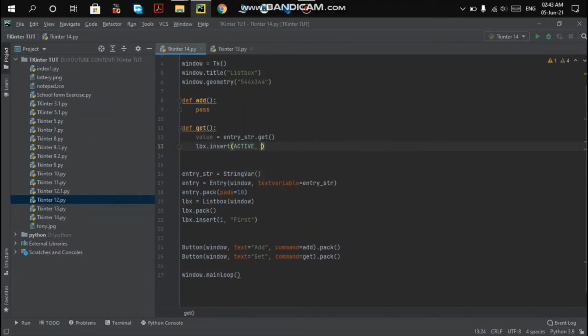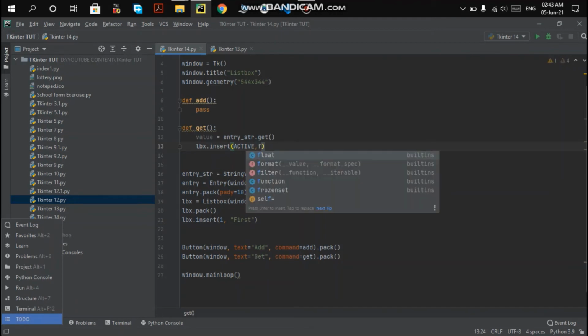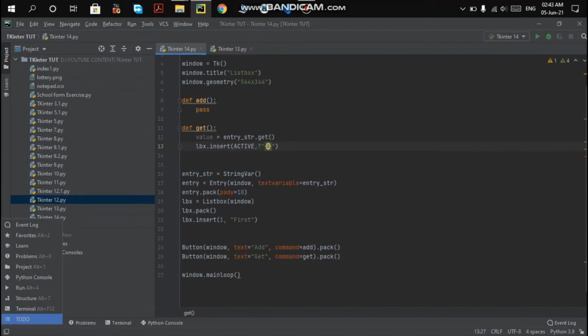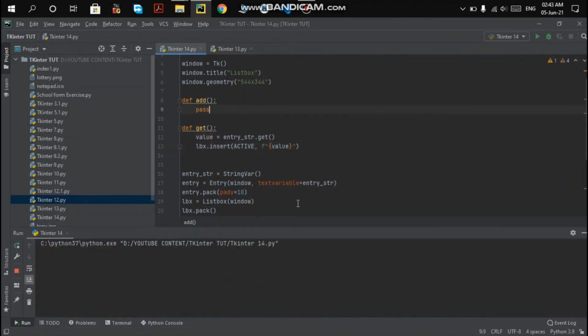Basically, ACTIVE adds each and every item from the upper side, so this is why we are using active here. And the values we are going to use in f-string format. This will add the values into your list box, and let me run it and show you.